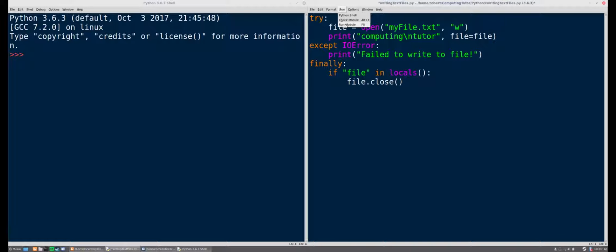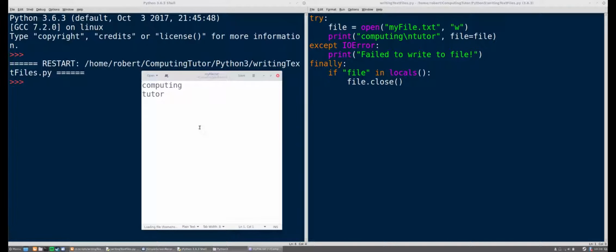Okay, so if I run this code, then we should have myfile.txt being created and computing, and then a new line and tutor should be written to the file. Okay, so if we read that file in my text editor, then we can see that computing and then a new line and tutor has been written to the file using the